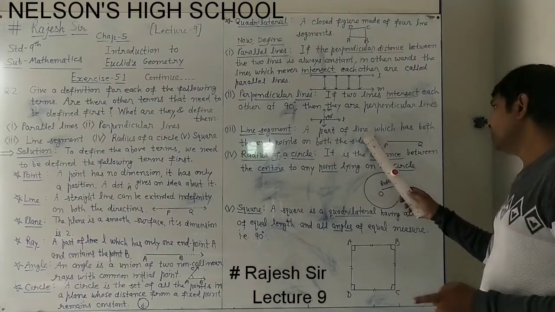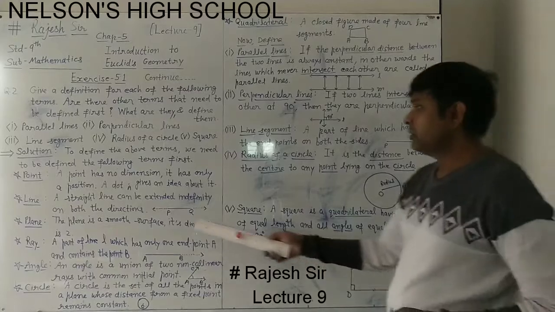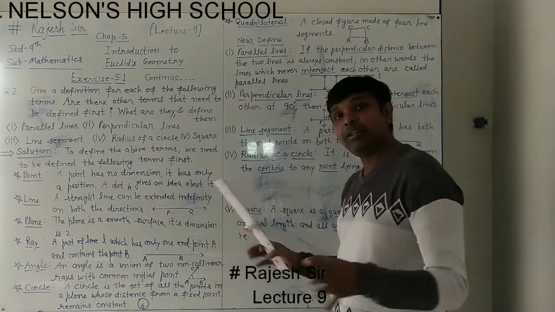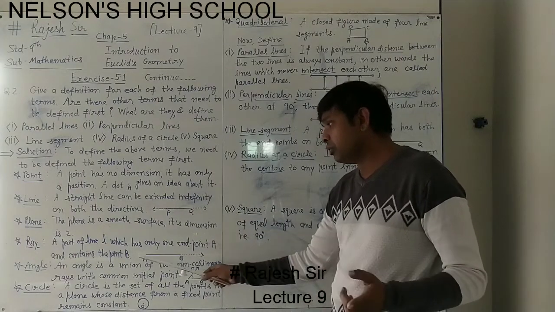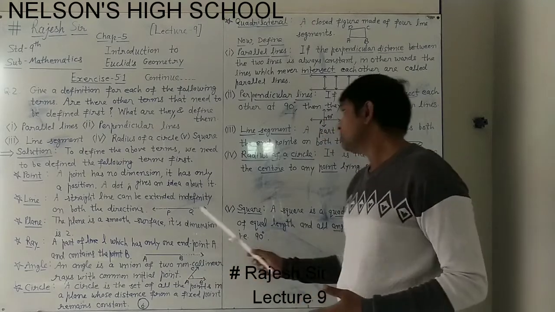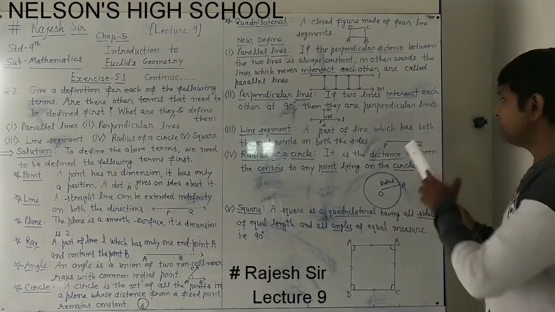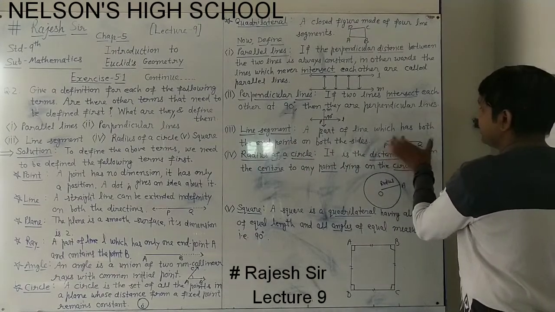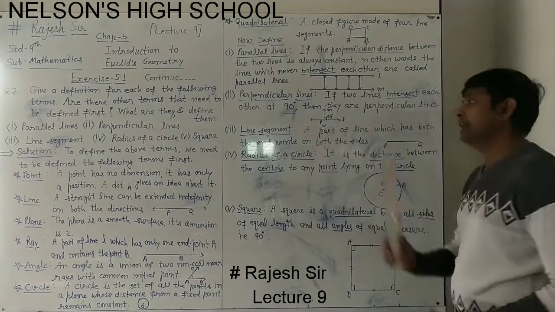A part of a line which has both the endpoints on both the sides. Again, the line we have defined here, PQ as the line, extends on both the sides independently. But if one side ends, it is called a ray. If both the sides end, it is called a line segment. So this is a part of a line which has both the endpoints P and Q. Both the endpoints are there, no extending on both the sides, then it is called a line segment.